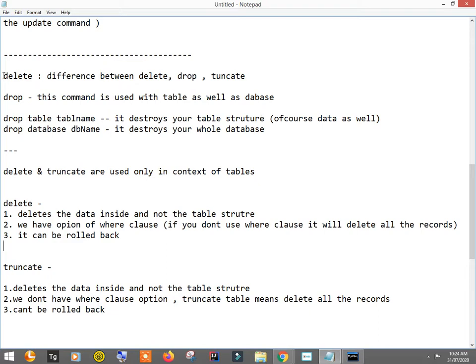Have you got this? Good, fine. That's all about MySQL, and we will now make a little bit of a start to the